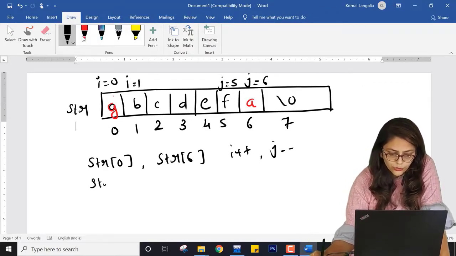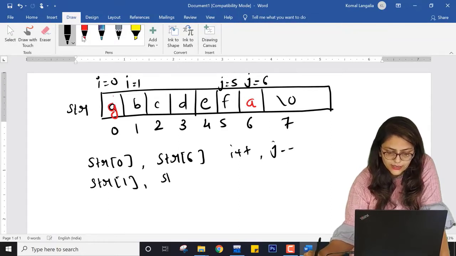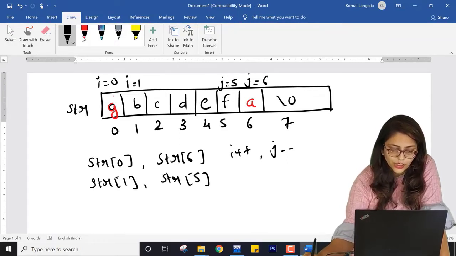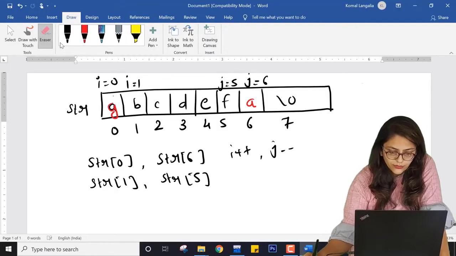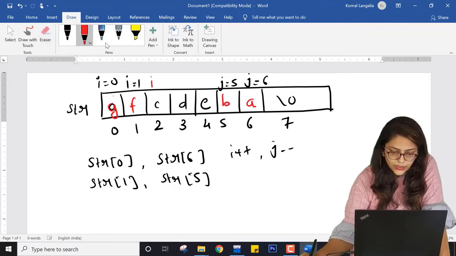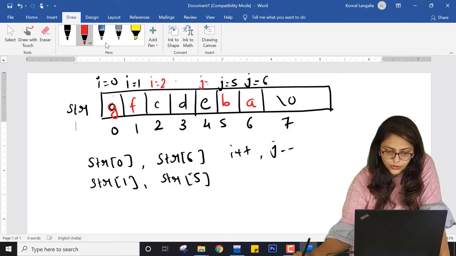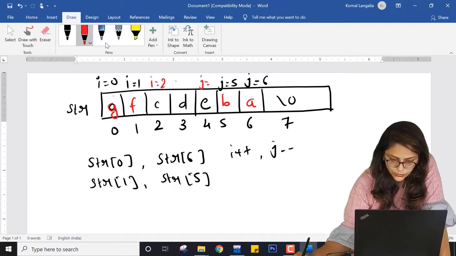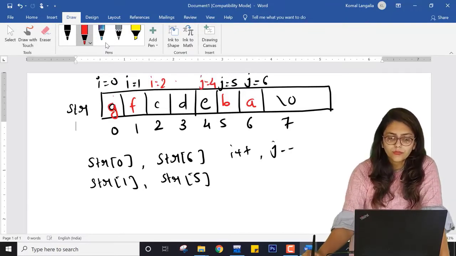So now I am going to swap str of 1 and str of 5, right? So now here it will be F over here and here it will be B. Right. Now I will do I equal to 2 and J equal to 4.